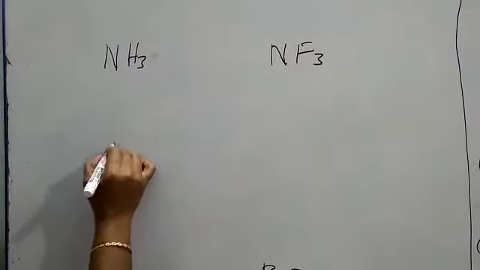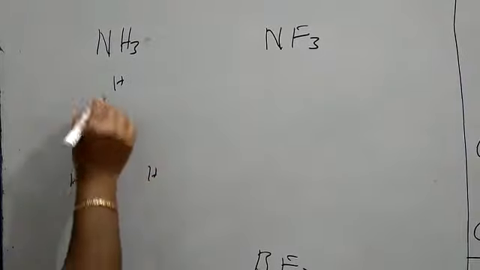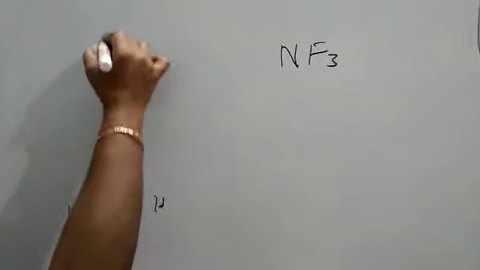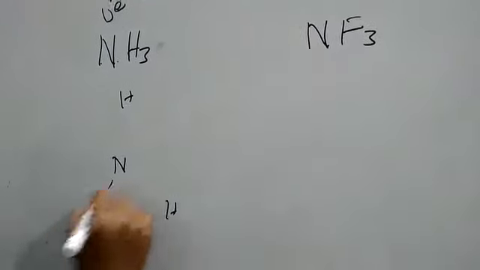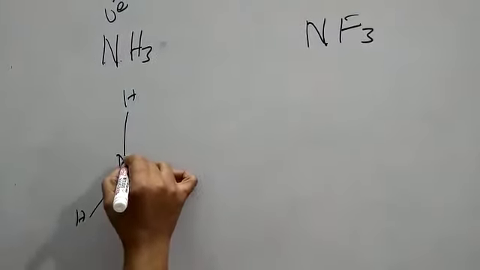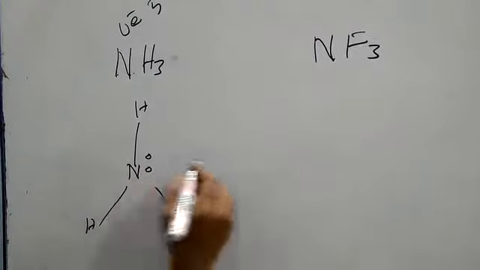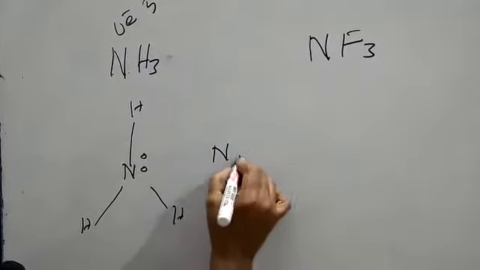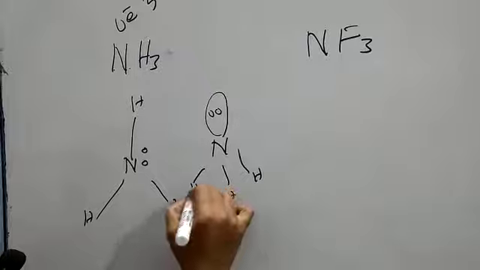This is SO2. Again it is BF3. I am just taking the question. Now let us take the given structure: nitrogen, hydrogen, hydrogen. What is the lone pair on nitrogen? Valence electron is 5, 3 consumed as a bond pair. So on the nitrogen atom, 1 lone pair is there. Because of that, this ammonia takes a pyramidal geometry, as we know.